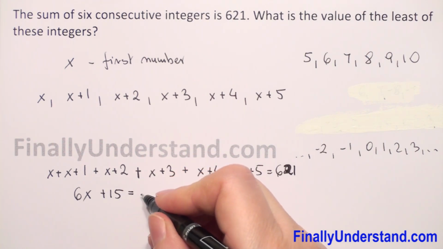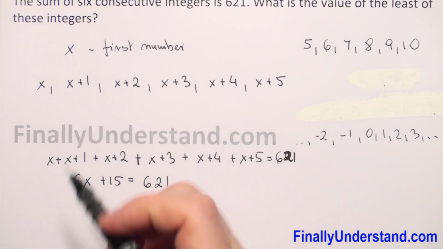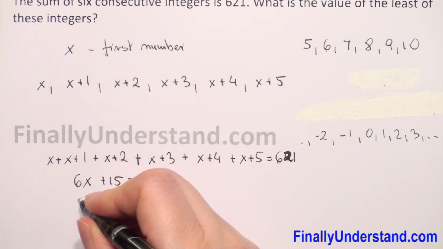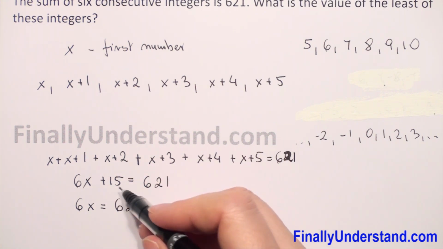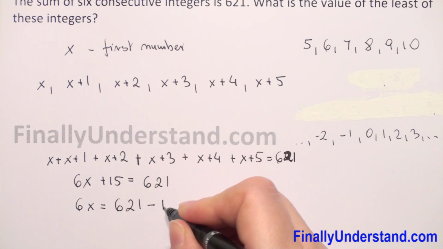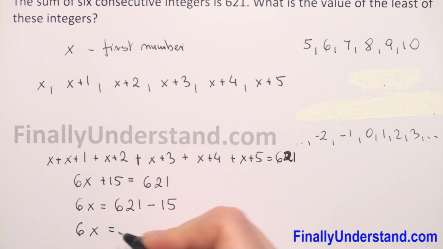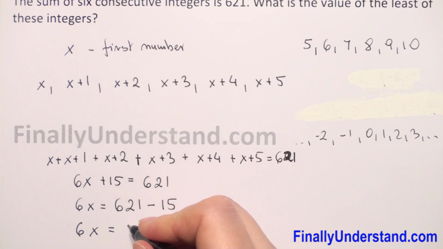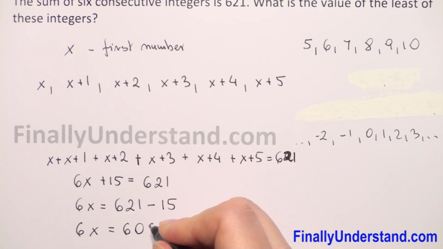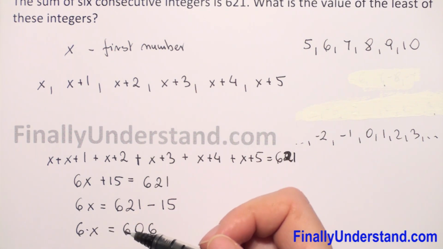This is equal to 621. Now I will move positive 15 to the right side. So 6x is equal to 621. When we move to the other side, we have to change the sign, so it will be negative 15. So 6x is equal to 621 minus 15. So this is 606. And what next? Because we have multiplication on the left side,